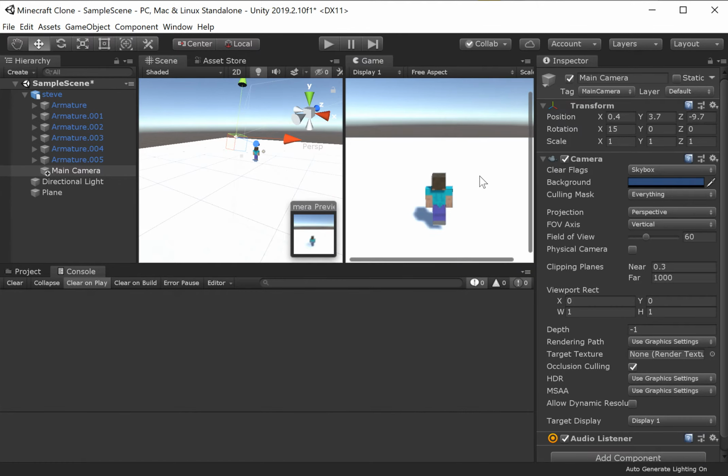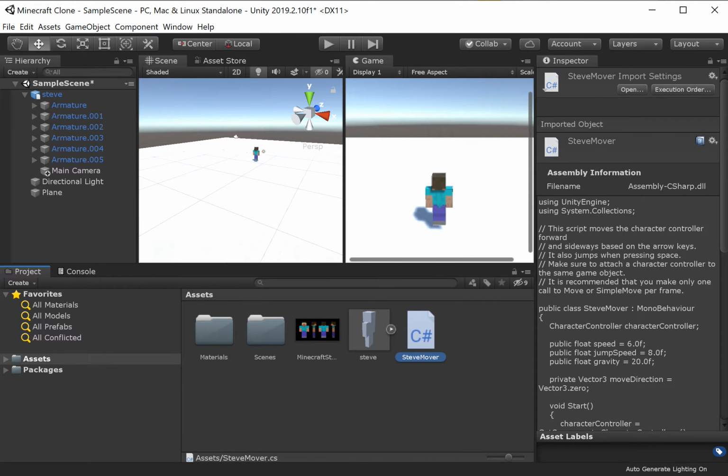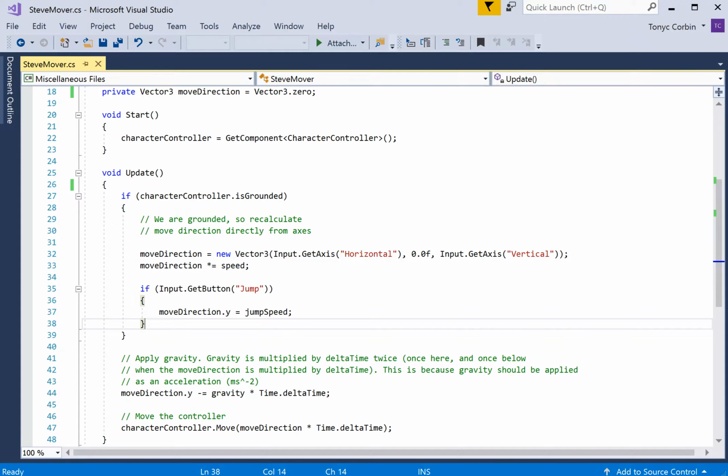Okay, so let's try scripting. Try a little script to make him rotate around, and so we could look around a little bit. Now this won't be, I don't think, a perfect control system, but just kind of get you used to how to script. So we're going to open up our Steve Mover code. Now when you double click it, I think in your lab it's going to open up Dreamweaver. I'm using Visual Studio Code, and I'm just going to write something here